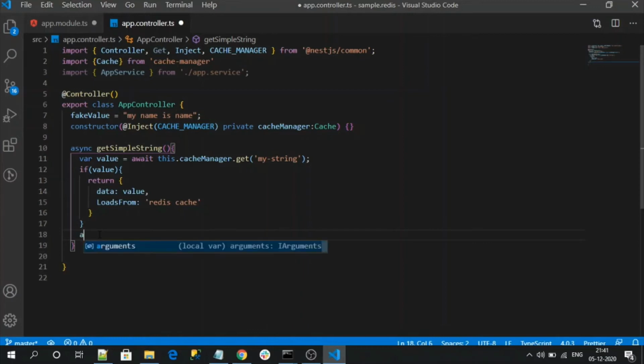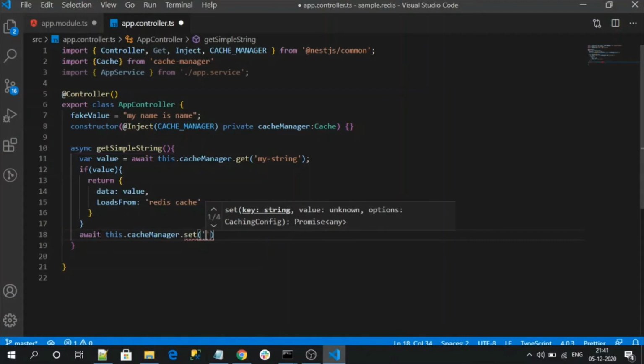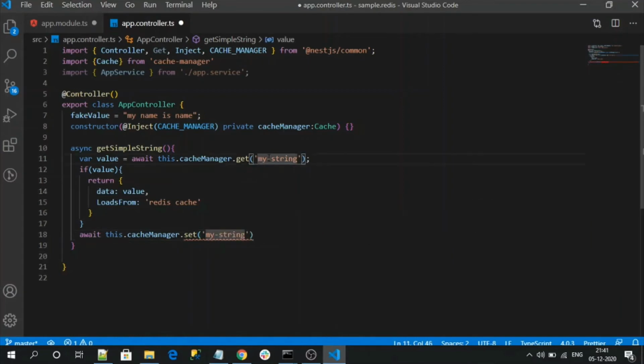So let's save our data into the Redis store. To save, we will use a method called set. Set needs input parameters like the key. We need to use the same key, right? Whichever key we save with, that key only we use for fetching.